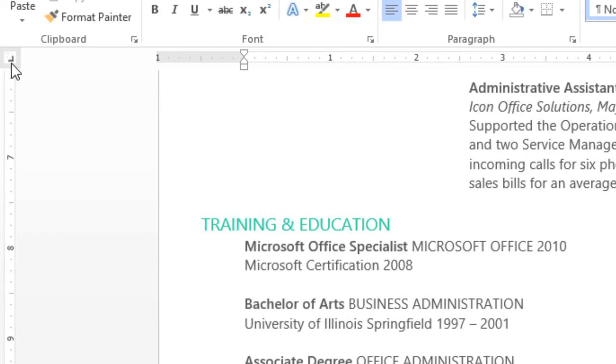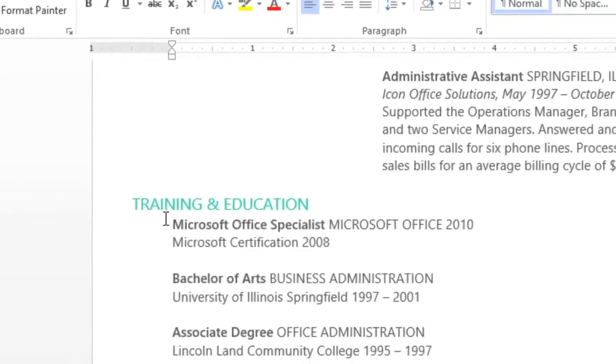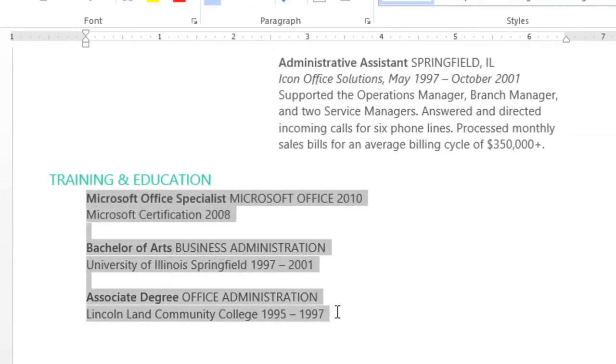Just like with indents, tab stops only apply to the selected paragraph, so select all of the ones that need tab stops. Then click on the bottom edge of the ruler where you'd like the tab stop to be. You can add more than one if you need to, and you can remove them by just